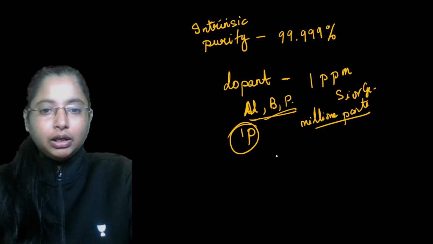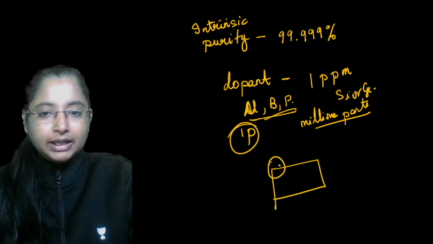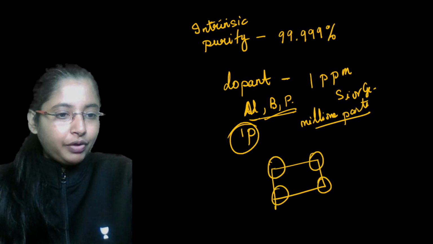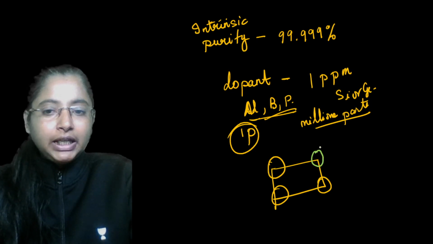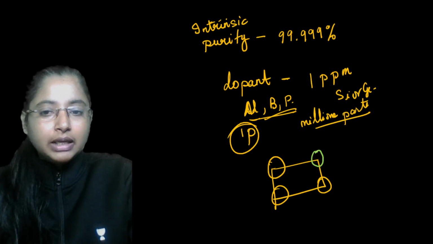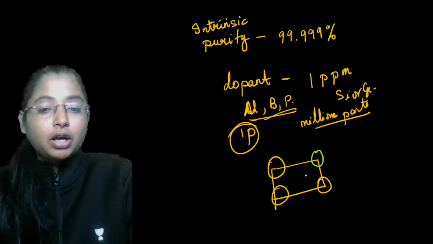Now let's say you have a crystal lattice. There are 4 atoms over here. Now let's say you're introducing a dopant atom over here. Let's say this is a silicon atom, and there you're introducing a dopant atom. This dopant atom should neatly replace that particular silicon atom. Because you are adding this dopant atom, it should by no way distort this crystal lattice